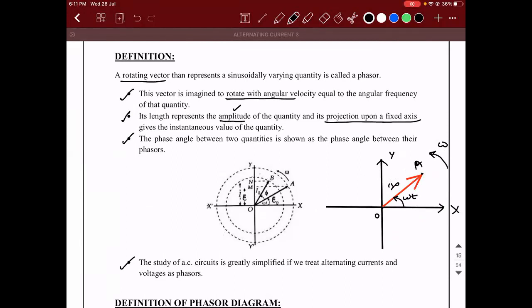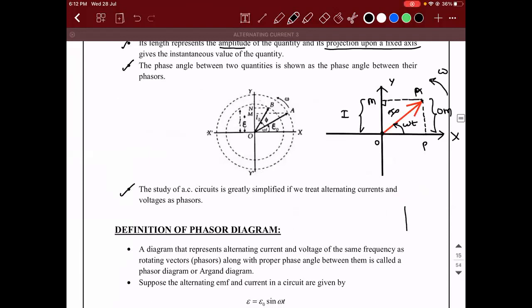Generally, if the physical quantity that you're taking is a function of sine, not cos, then from the tip of the vector, you will drop a perpendicular onto the y-axis. So from O, there is a point M, which is the foot of the perpendicular, the projection. That OM distance represents the instantaneous value of current. Why is it so? It is very simple. See, this is I naught, correct? If I drop a perpendicular, then this distance is the same as OM. Let me call this point P.